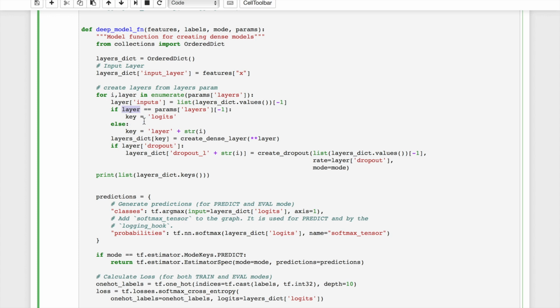This portion right here, the if layer equal params layers and then the subscript -1, what this is doing is we're just checking to see if the current layer that we're processing, that we're creating, is the very last layer. If it's the last layer, then that means we're going to call it logits. So that is basically our output layer. Otherwise, we're going to say that its key is layer plus whatever the layer number is. So it may be layer 0, layer 1, etc. And so with the key set, then all we have to do is add a new layer to our dictionary. So in this case, it's going to be